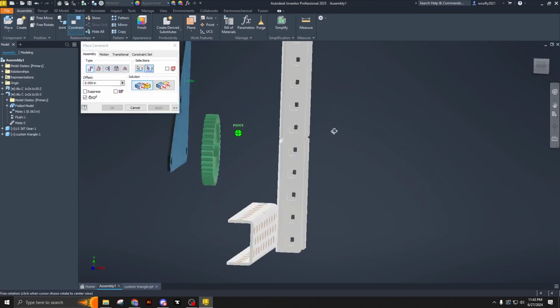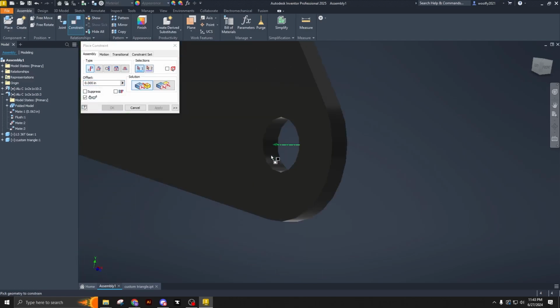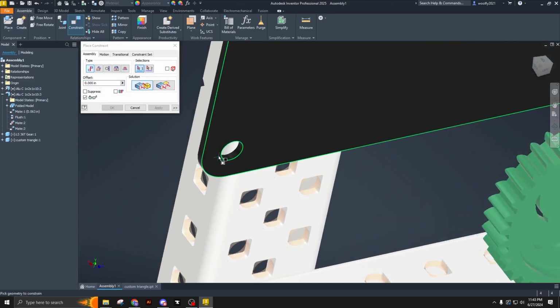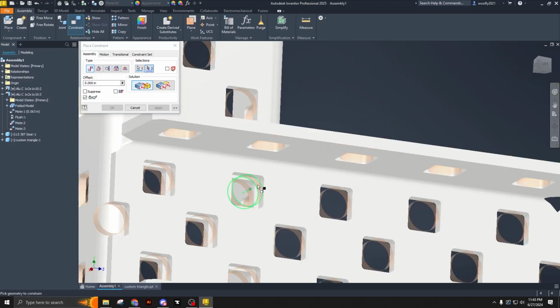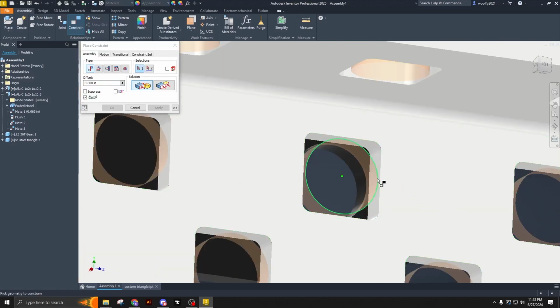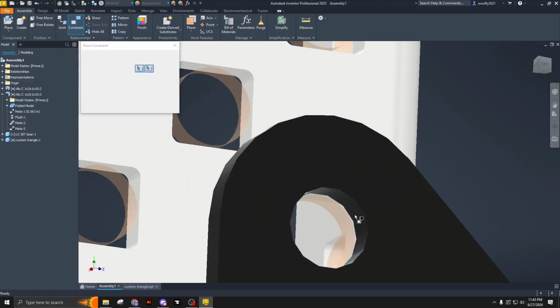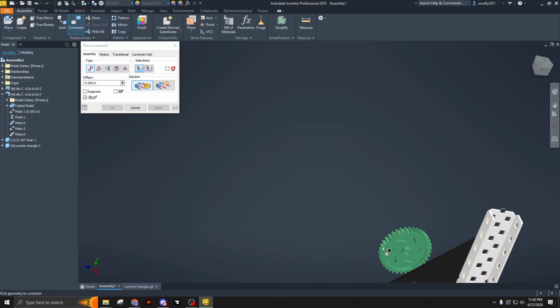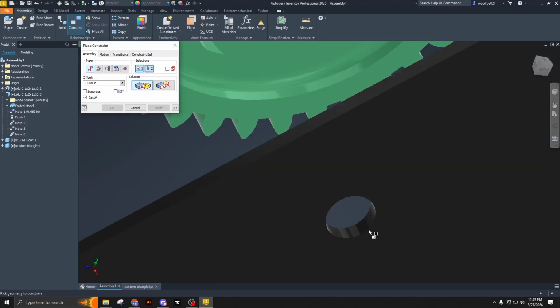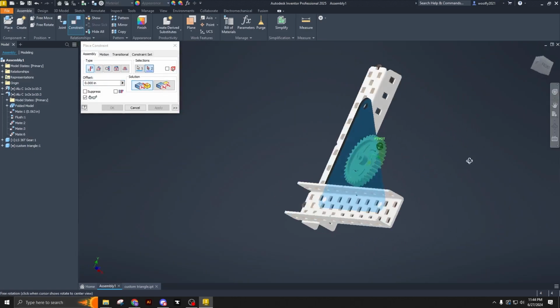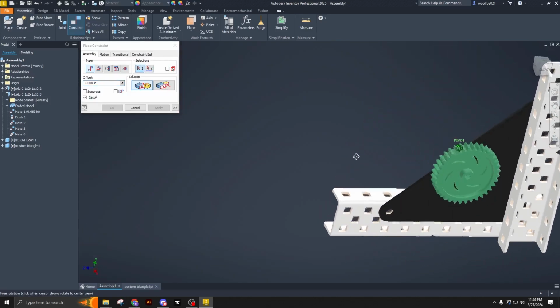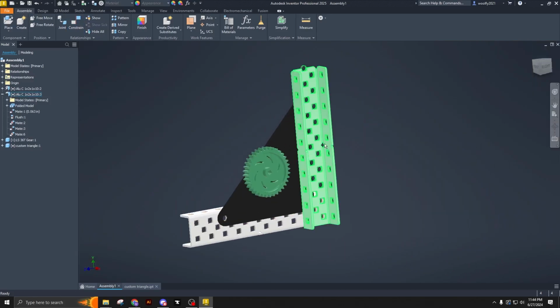What I'm going to do is come in here and get this constrained real quick. Should become fairly easy. The more you do it, the better you can move around, and the faster you get at this. Another thing I'm doing is clicking enter as soon as I click, just to approve it. And then finally, I'm going to constrain that. Just like that. So with this video, we learned some more tools and uses inside of